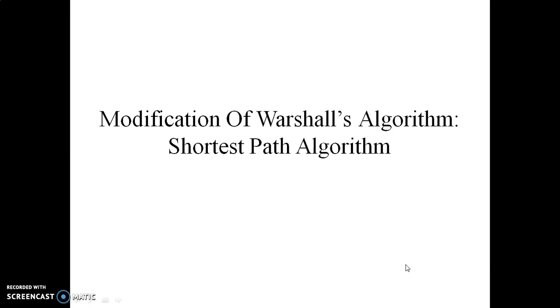This modified Warshall's algorithm will tell us what is the shortest path available between each pair of vertices. If you compare the initial Warshall's algorithm, that is in a Boolean form, that will not tell us whether the path indicated is the shortest path or not. So in order to know what is the shortest path available between the vertices, we have to understand the modified version of the Warshall's algorithm. This modified version is also called the shortest path algorithm. Now let us understand this shortest path algorithm.